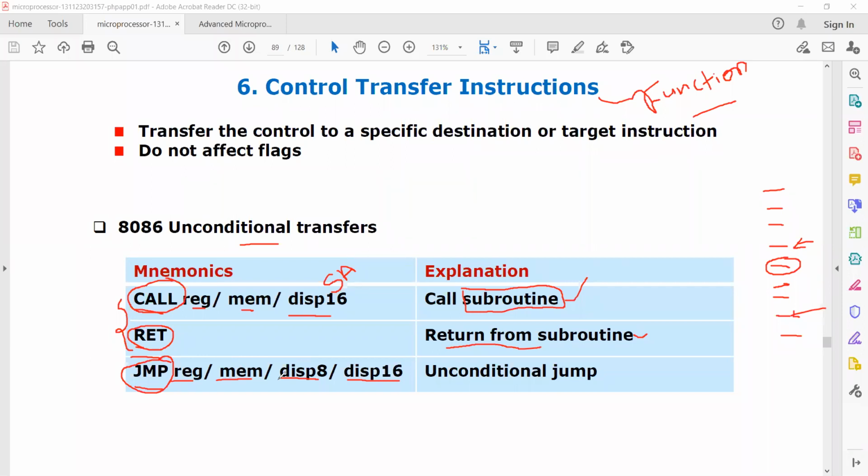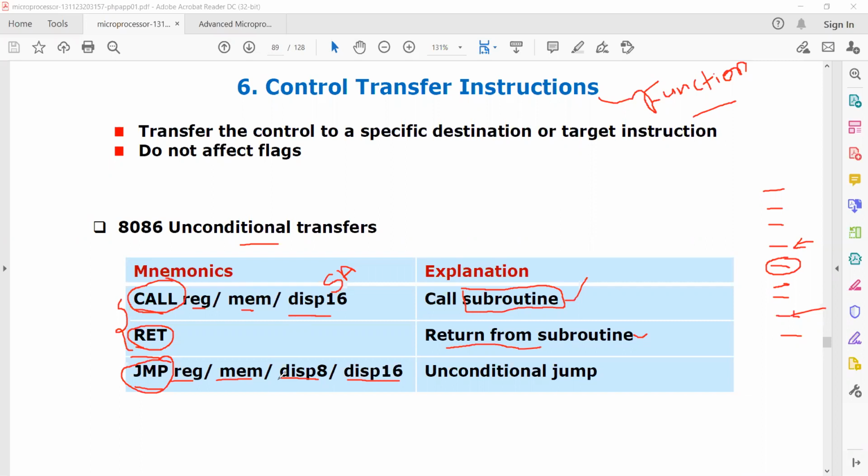That is about unconditional transfer. Similarly, we will also have conditional transfers. For conditional transfers, we will access the flag register controls. That means we will take the help of carry flag, parity flag, and zero flag.